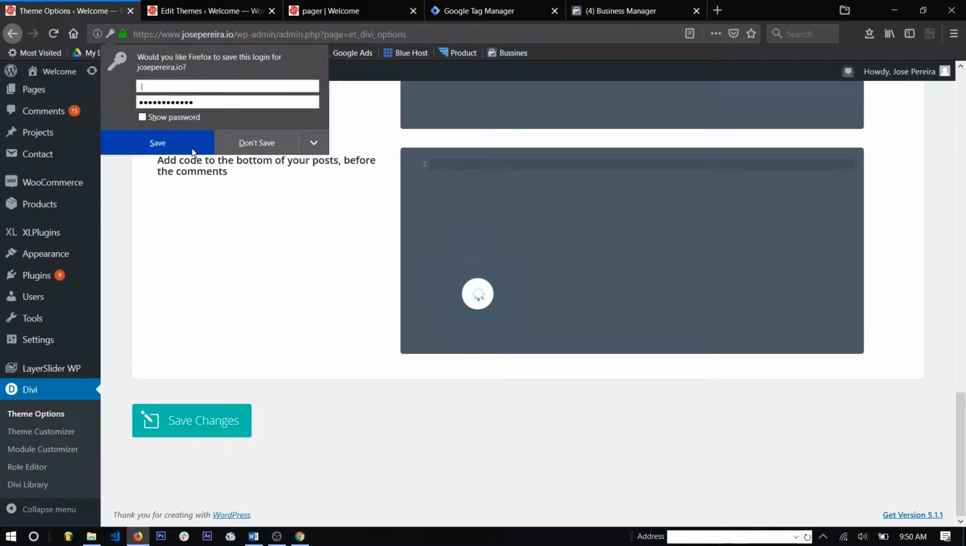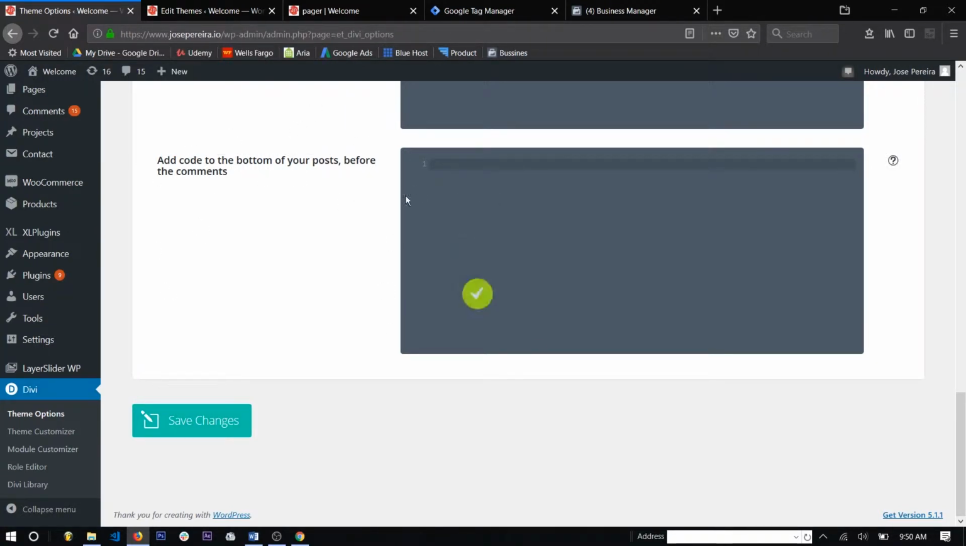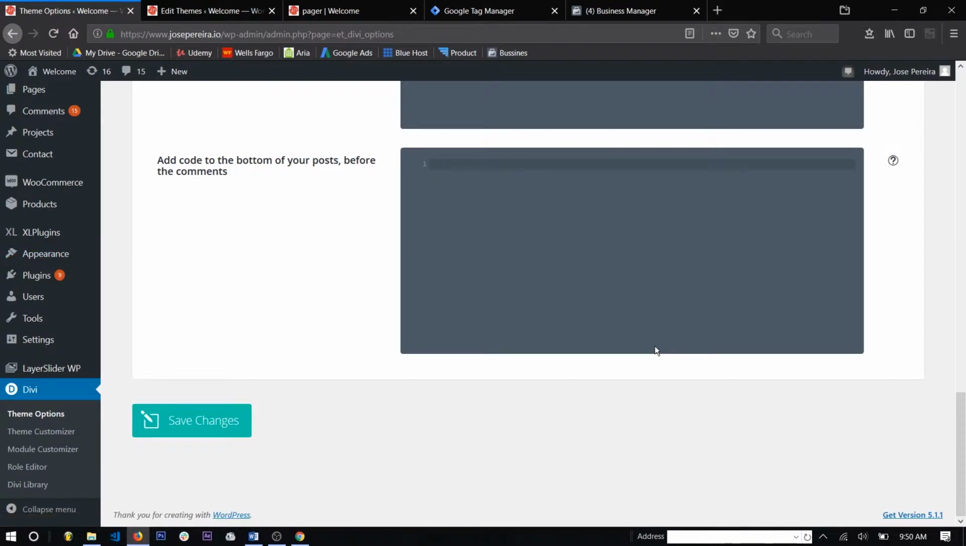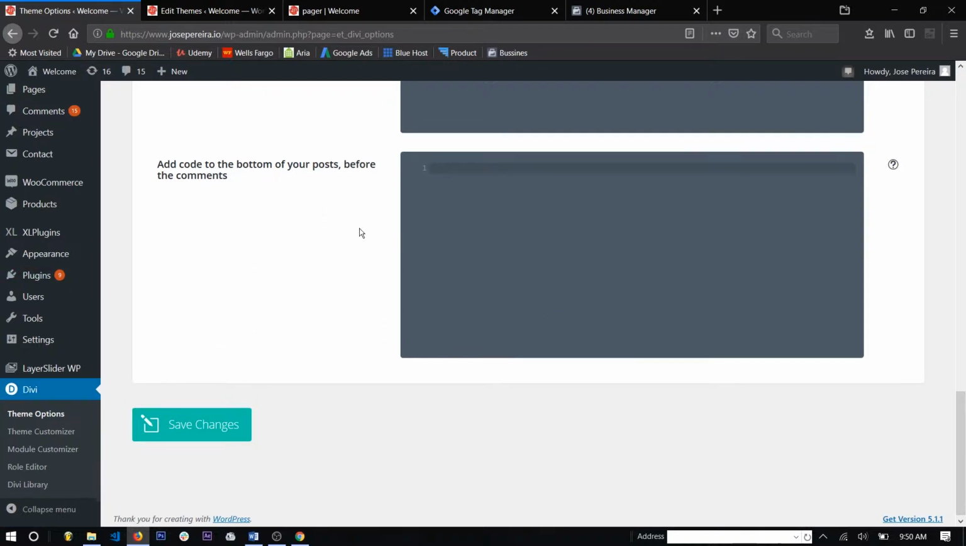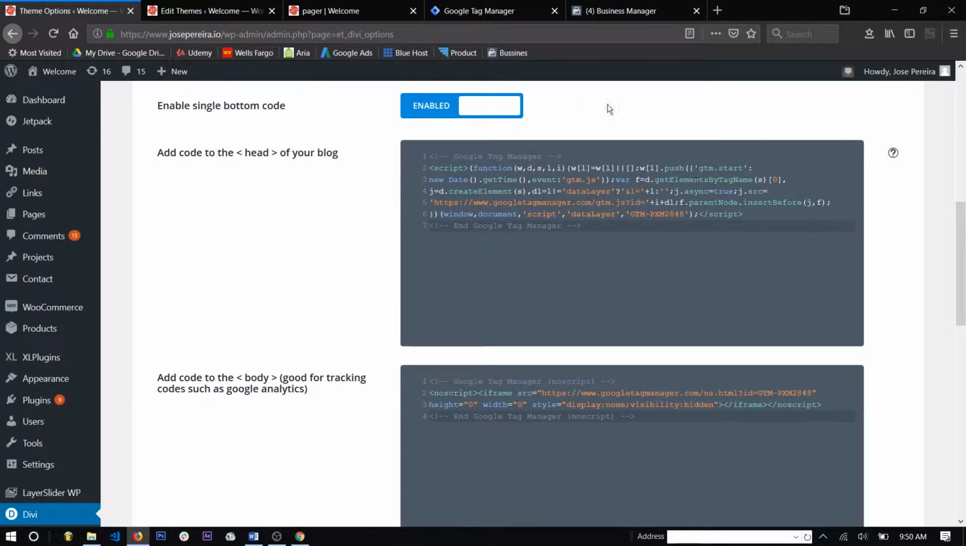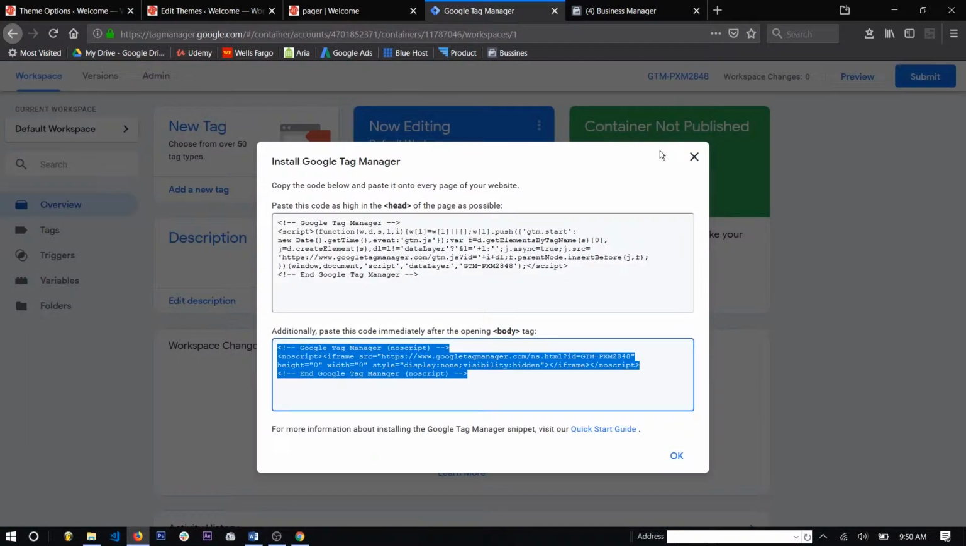Now for you, just have to make sure you find the specific setting on your theme editor, or maybe you have to jump directly into the editor right here where you'll find your header.php and install that as well. But for us, since we're using Divi, this is a simple installation. So now we have the Google Tag Manager installed correctly on our website. Now we're going to jump back into Google Tag Manager and start